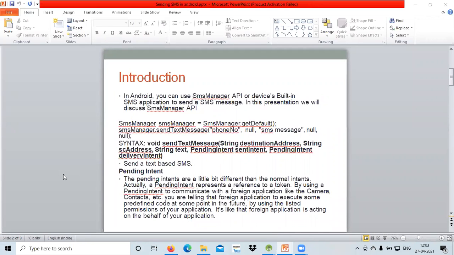Okay, so this is how we can define the concept of a pending intent. It is the same as an intent, but it contains your intent also, plus the action that the intent will perform, but it will happen in the future. So this is where we use the pending intent.